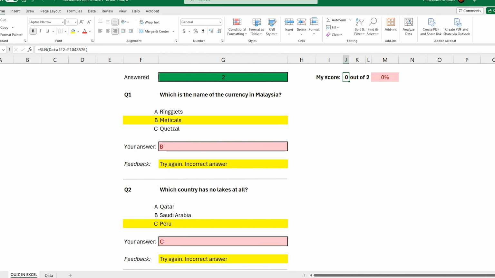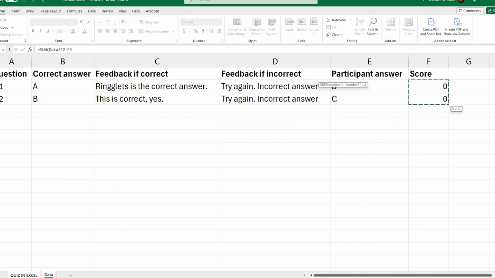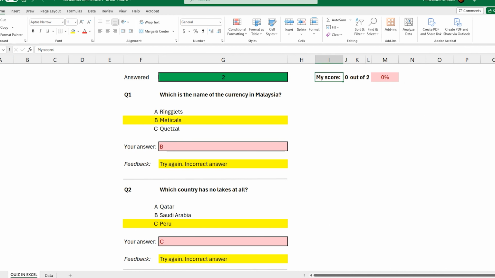Now for the score, we can type here my score, and then here we want to make the sum of the correct answers, so we put the sum, and then we want to make the sum of scores and close parentheses. As you can see, 0.